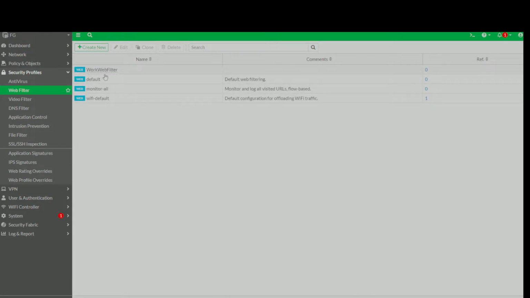So my policy here is created. Also, you have some default policies here, but you cannot edit these ones. You can only use them as they are, but you cannot do any edits. That's why I created a new one. So go back to the policy,